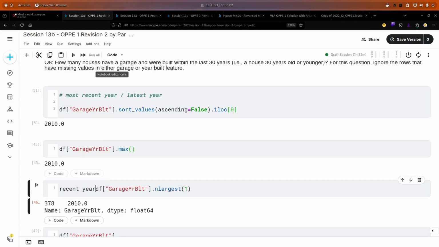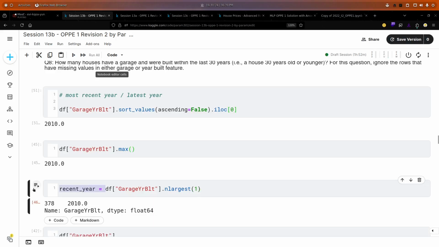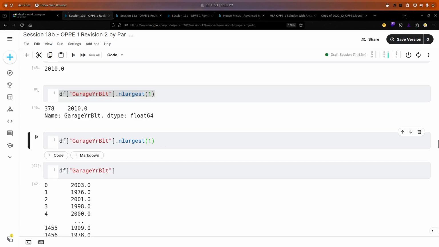If we say nlargest 30, then... I think we can filter, like df of garage year built greater than or equal to 1984 dot count. Okay, why 1984 only?